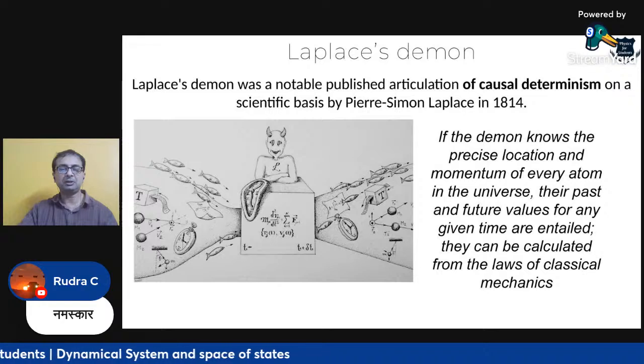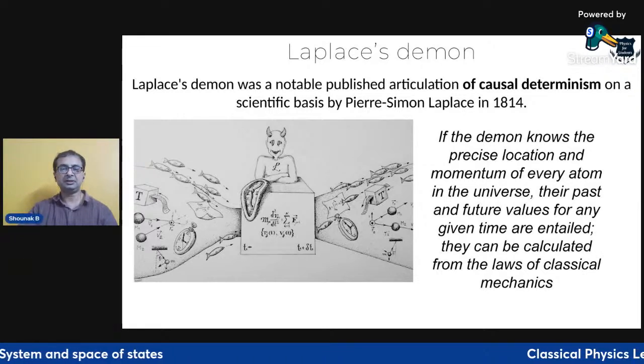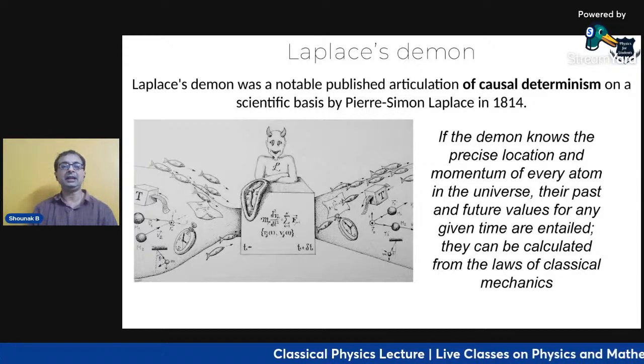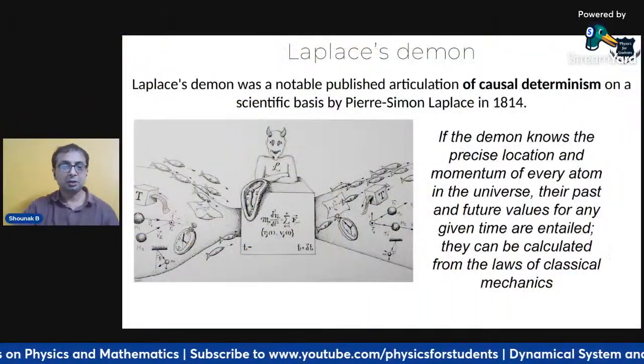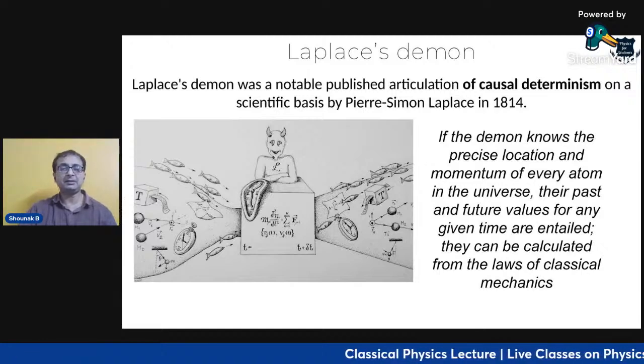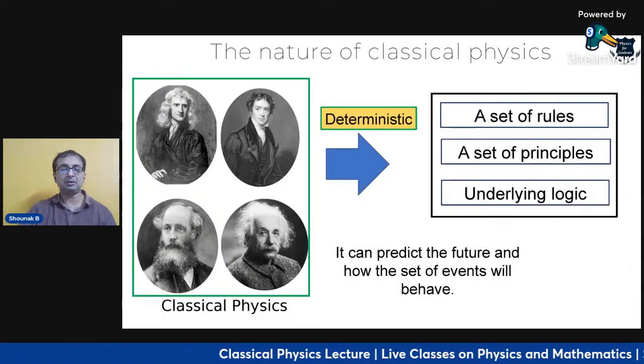This was formulated by the famous physicist Pierre Simon Laplace in 1814, and it was called causal determinism. Causal determinism means that there is a cause, a reason why something happens. Some people were telling me that the theory of everything started with string theory or even Einstein's theory. No, it started much earlier. Even in 1814, Laplace imagined having a theory of everything.